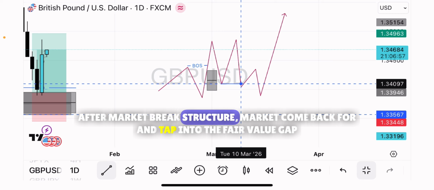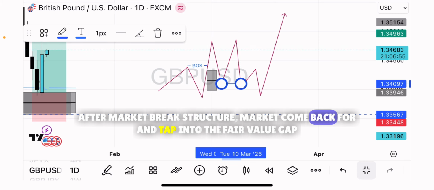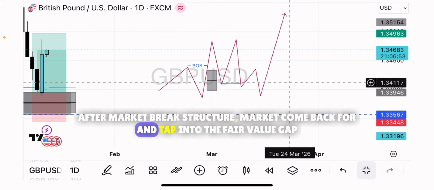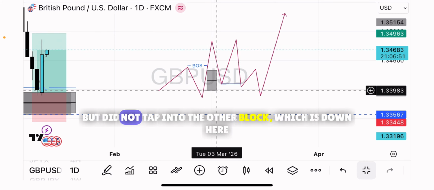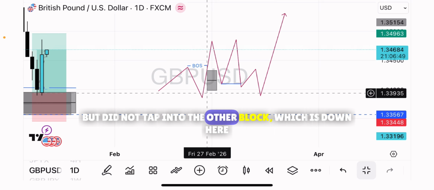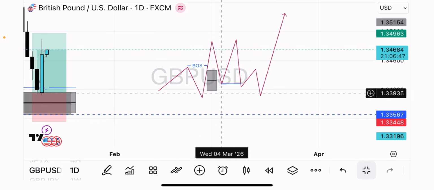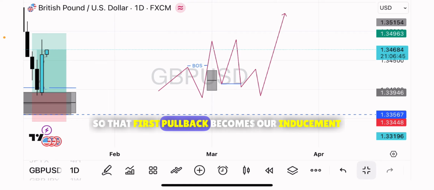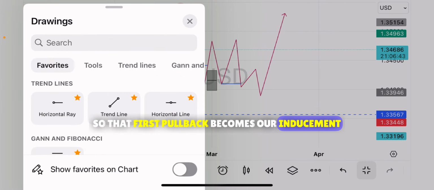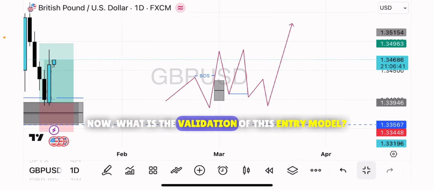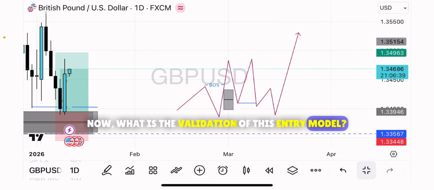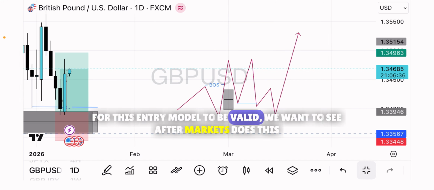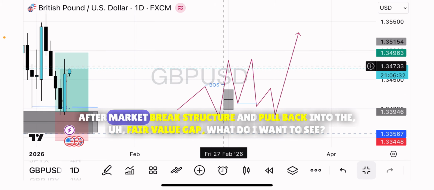After the market breaks structure, the market comes back and taps into the fair value gap, but does not tap into the order block, which is down here. So that first pullback becomes our inducement. Now, what is the validation of this entry model? For this entry model to be valid, we want to see, after the market breaks structure and